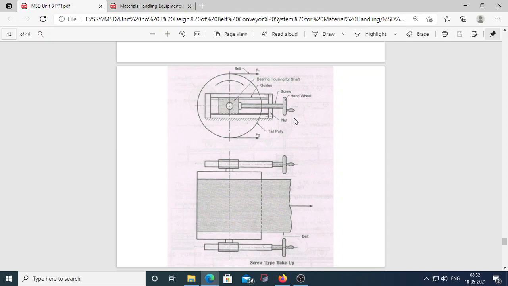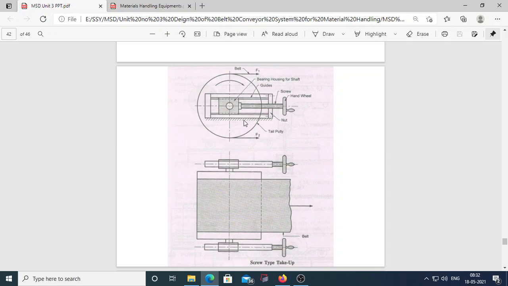If you have seen in the figure, the screw type take-up device is installed with the tail pulley. Here in that circle, we have taken the cross section view of the screw type take-up. See here the longitudinal view. This tail pulley also acts as a take-up pulley.